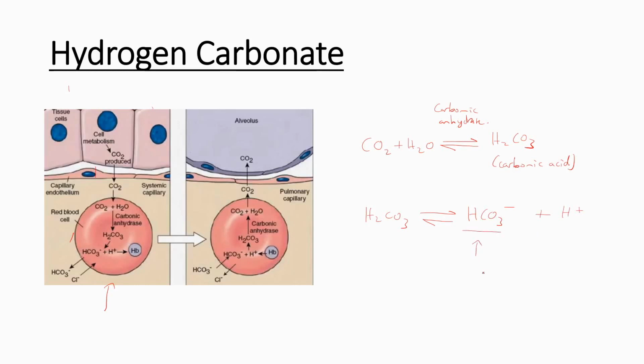So because it's an acid, protons will be released; they will dissociate. This is our hydrogen carbonate ion. And hydrogen carbonate, HCO3-, is the main way in which carbon dioxide is transported in the blood. And here it's going to be transported to the lungs. So it's very important to understand here that HCO3- is then going to diffuse out of the red blood